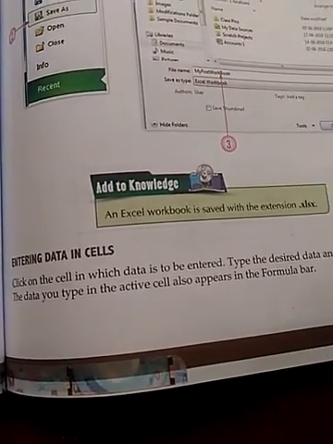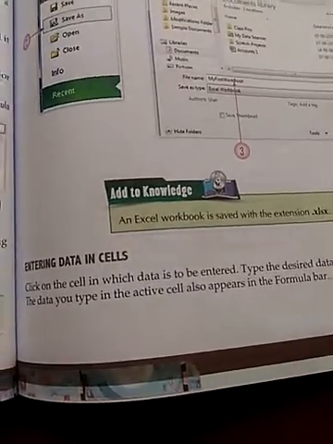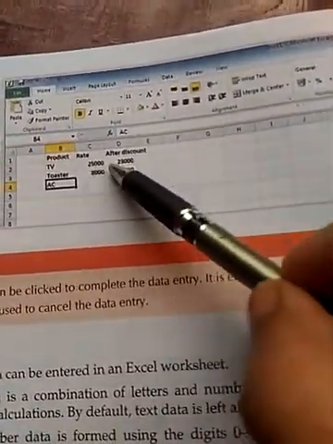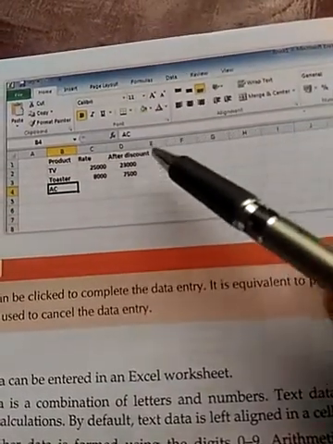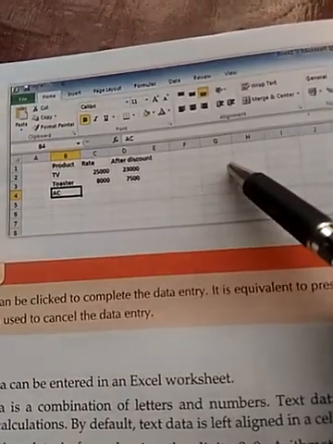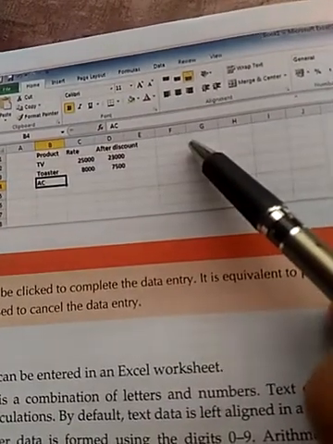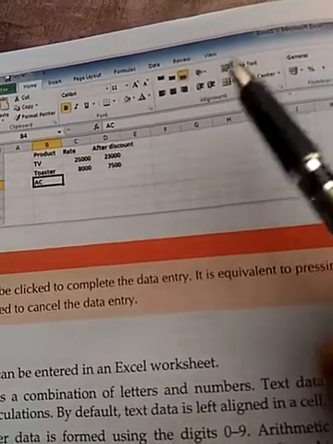If you want to enter data in a spreadsheet, then simply click on the cell where you want to enter the data, and after that simply write the data in that. Means if you want to enter data in this cell, just click on this cell and just enter the data which you want to enter.